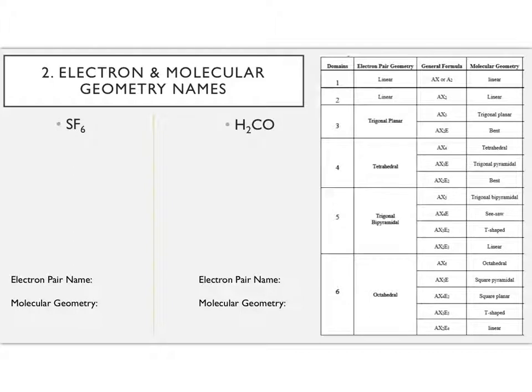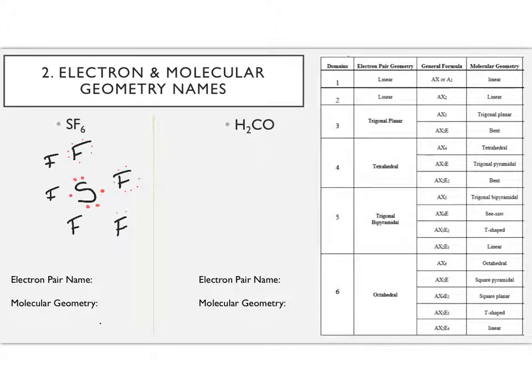Once we figure out how to find our total domain, we can draw Lewis structures and we can actually start naming them. So we're going to do our first example, which is SF6. We're going to put sulfur in the middle, and we have 6 fluorines coming out of our sulfur. Sulfur has 6 valence electrons, so we can put 6 over here. Each fluorine also has